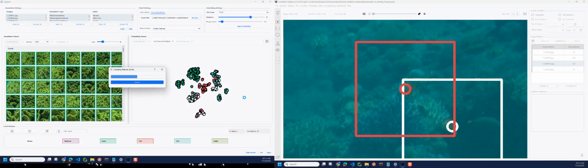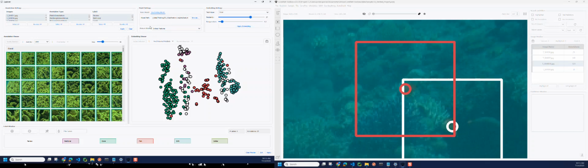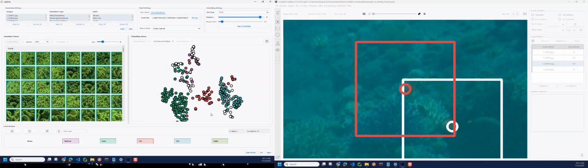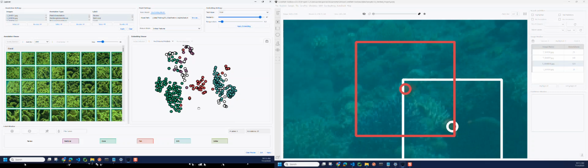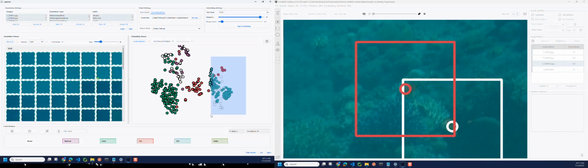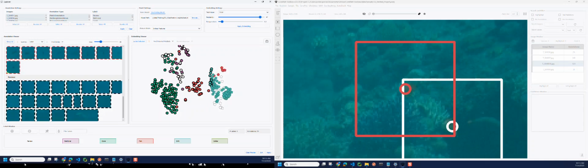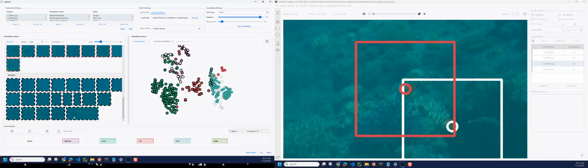If we change the embeddings, you can see that it loaded up really quickly because the features have already been cached, and that's usually the most expensive part. So we can change these parameter values, and really all it's doing is changing the dimensionality reduction process. So now you can see you've got these distinct clusters, but they're much bigger. We can come in here and just select this entire region, and we can see that the review are the ones that we're looking for right now, which are black lined. And for me, I would say almost all of them, except for maybe these two, are diver,